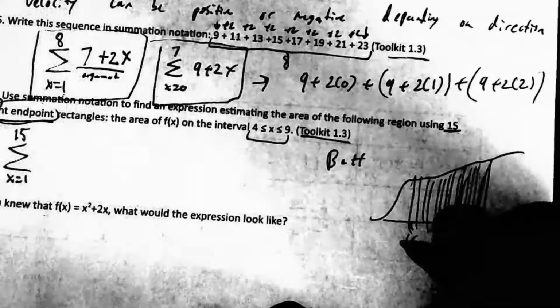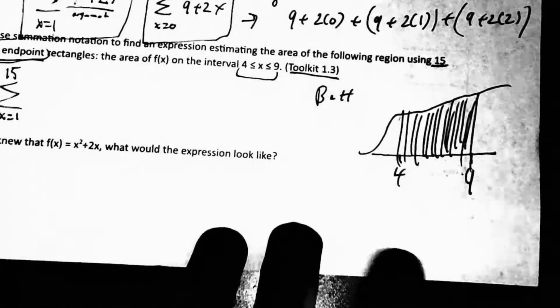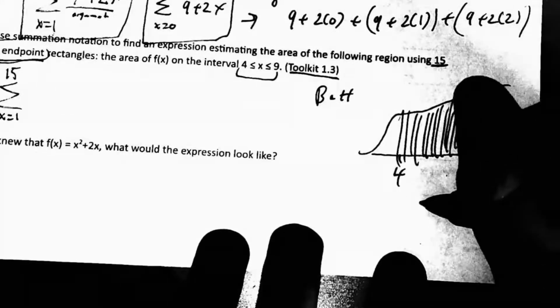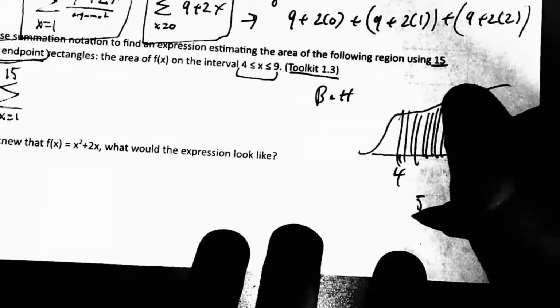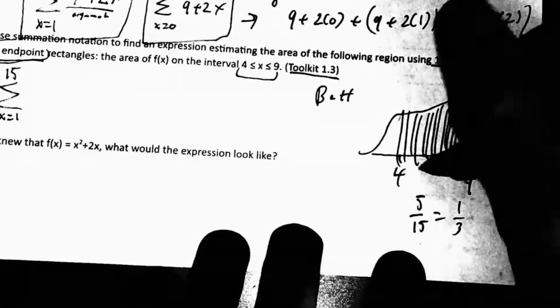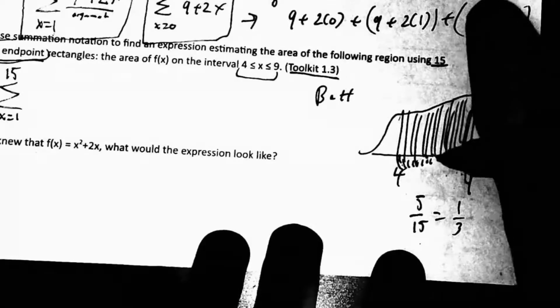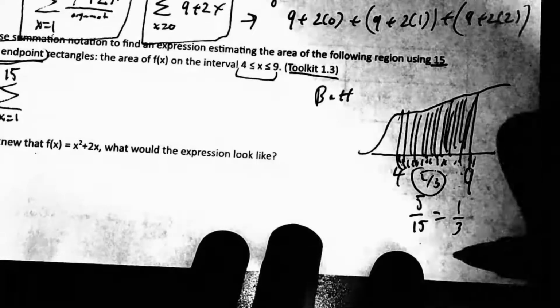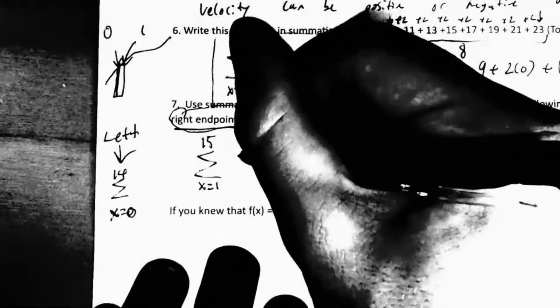Okay. How wide are these rectangles? Well, if you have 15 rectangles and the distance between is 5 and they're all equal, we just divide 5 by 15 and we get 1/3. So each of these rectangles right here has a width of 1/3. Okay, so that's the easy part. So we have 1/3, and we can add that to our summation right here. We're going to have 1/3